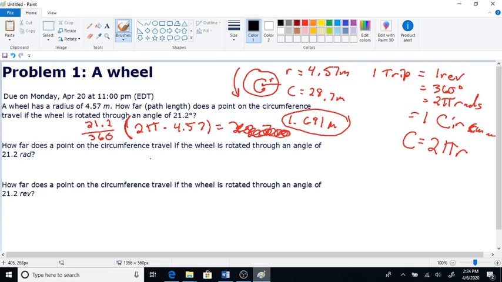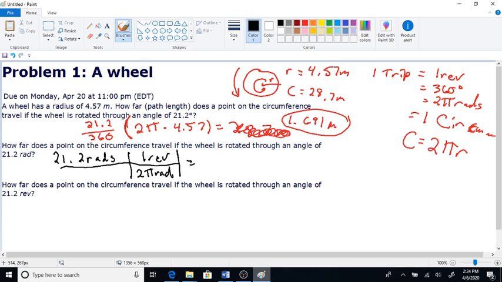So how far did we travel if we went through this many radians? Well, how many revolutions? Let's turn it to revolutions. That's the easiest thing to do. 21.2 radians. And how many revolutions is that? Well, 2 pi radians equals 1 revolution. And so when we do this,